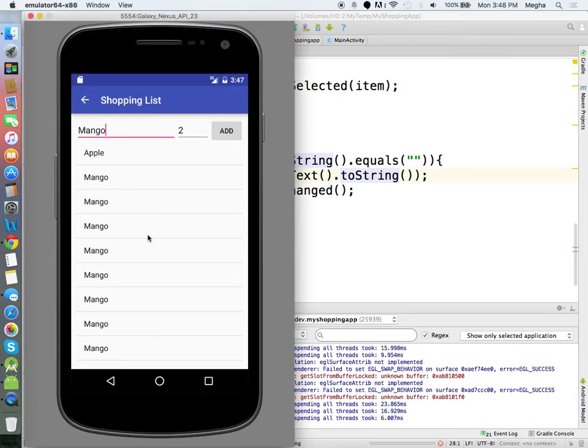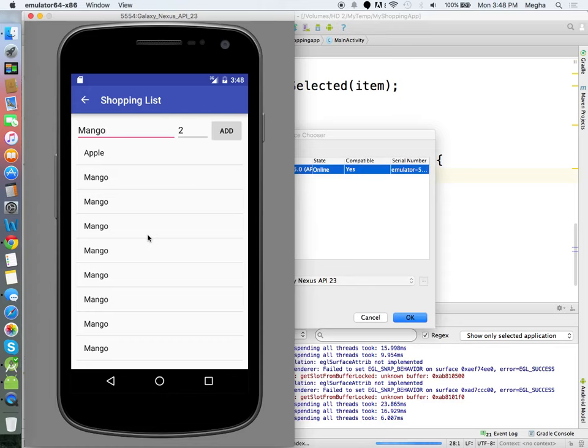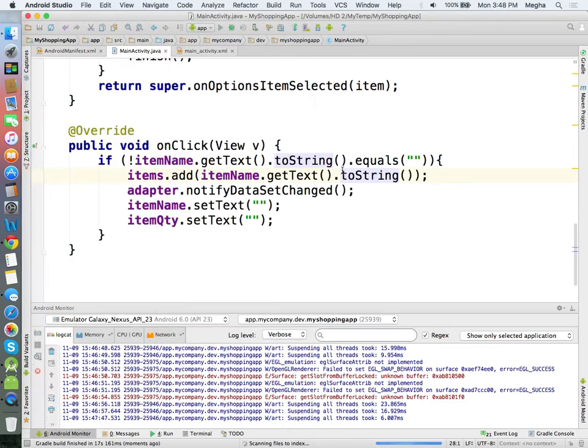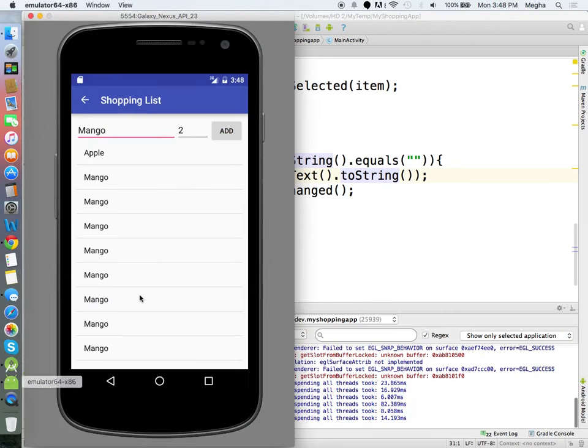But the disadvantage of an array adapter: in two lines it just created it, in fact creating an adapter is likely a difficult task, but it is created. But the problem here is it can display only one value, and it is not customizable, because I am using the built-in template of Android that it provides.